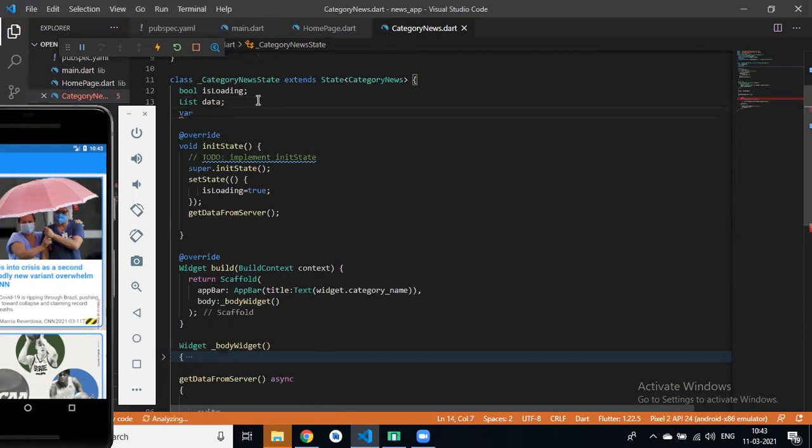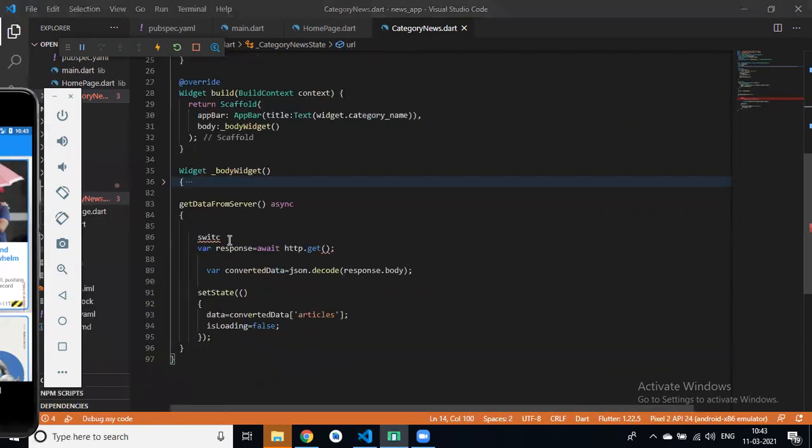By default our URL is top headline, and on the basis of switch case we can change our URL.